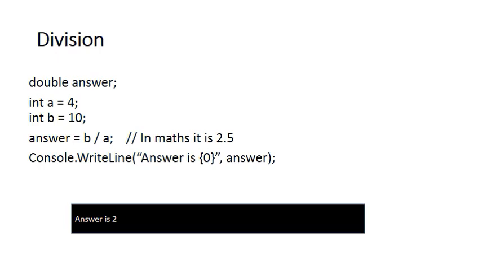I'm assigning that value to a double variable that can take decimals. But it's very important to understand that C# first evaluates the expression on the right hand side. It ignores what the variable is on the left hand side. So although there's a double on the left hand side, B divided by A, because they are both integers, is still 2. So it still assigns 2 to answer and not 2.5. This is the trick that you would have to do if you're dividing two integers and you want the answer to be a double or